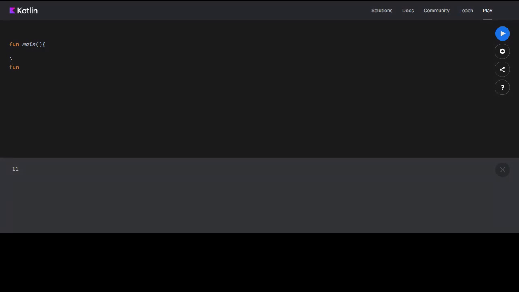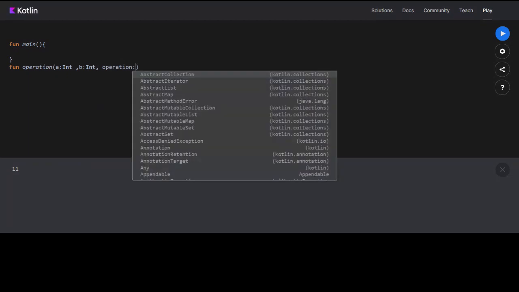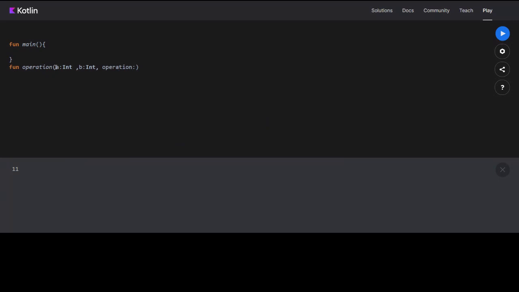Say there is a function called operation. There are arguments a, b, which are also integers, comma. Now we have a function. How to define the type of a function? Here we said there is an argument called a and its type is integer.